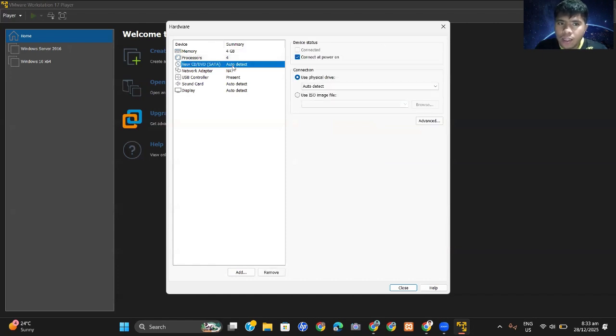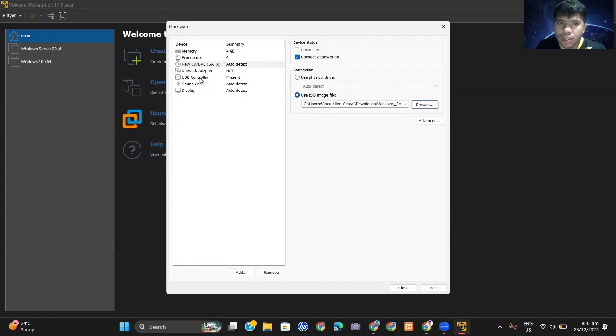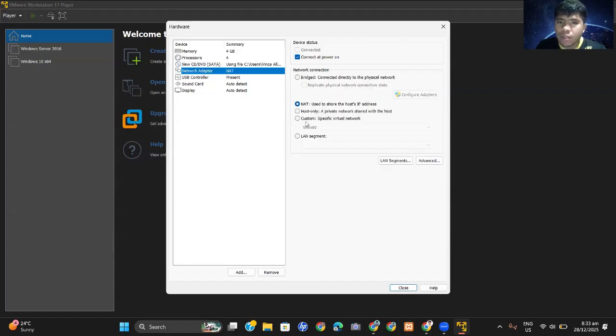Then in the new CD/DVD SATA, you will add the ISO file now, so we need to browse here. Here's the ISO file for the Windows Server that we will utilize. This is the Datacenter Windows Server 2016. Just click here. Then in the network adapter, since we are in VMware, what we have to do is choose host only.